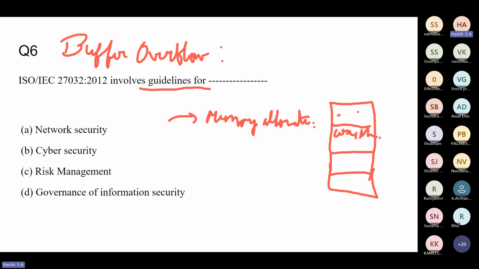So this allocated memory is functioning in a particular block. I'm explaining this in a very generic way. I'm not going into the details of it. Once again, this course is not for the details of things. It is just an overview of all these concepts.